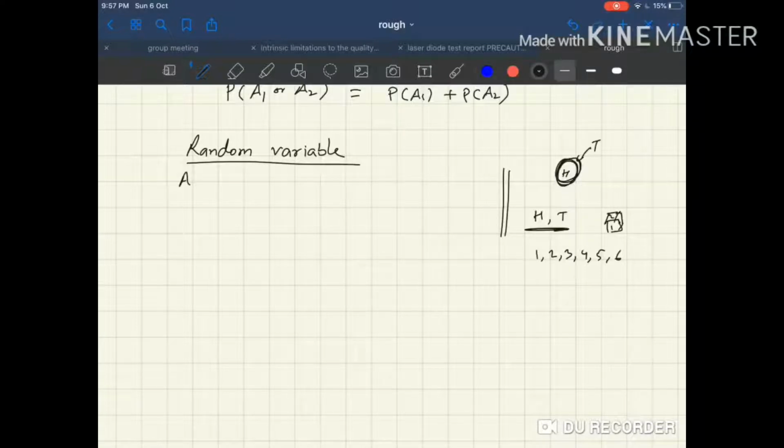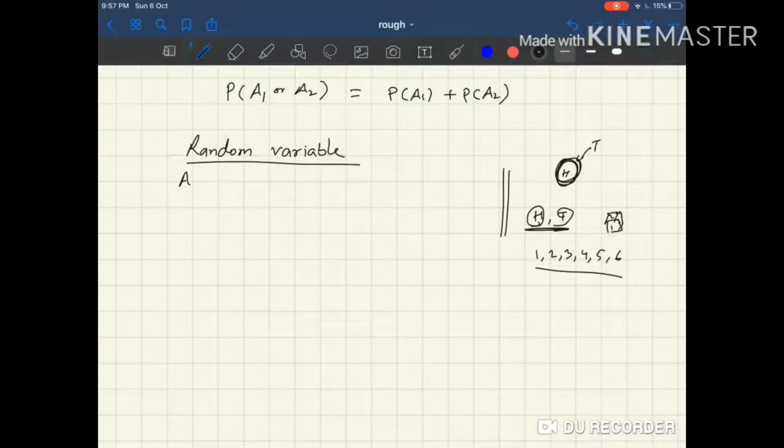So for every elementary event A, I call the general form of the event H or T, or in this experiment 1, 2, 3, we call it A. So to the occurrence of an elementary event A, we assign a real number U(A). That real number is our choice. We can assign any real number. For example,